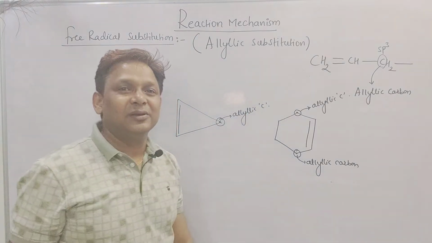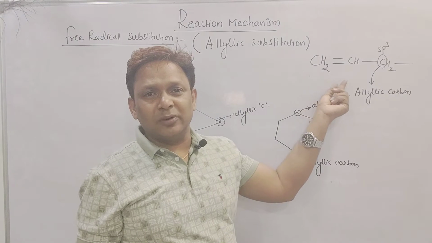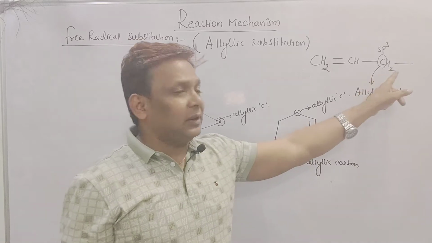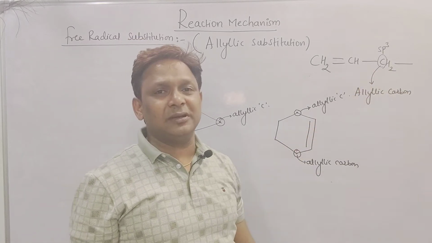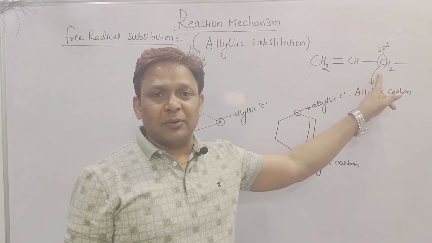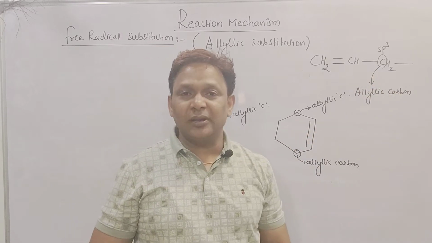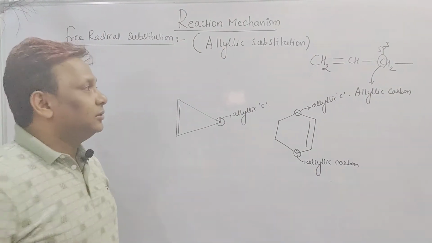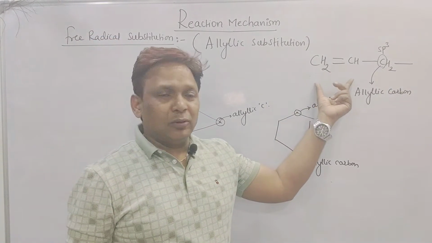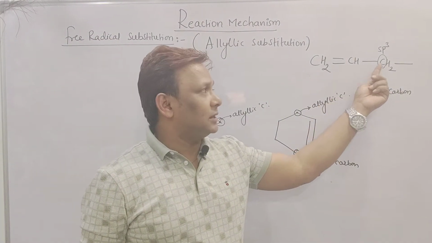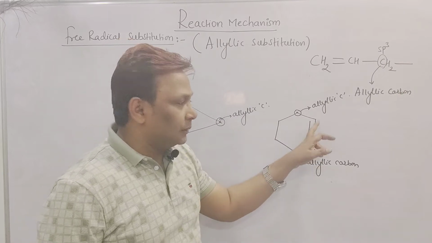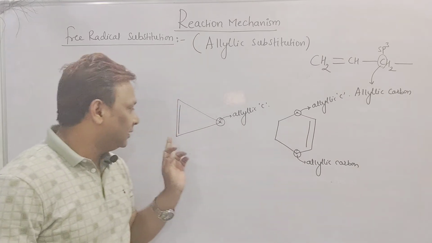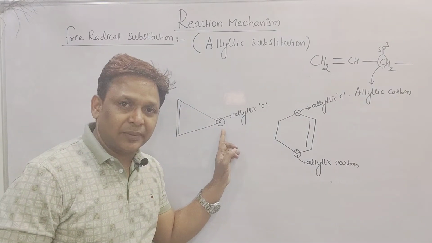an allylic carbon. So what is the allyl group, beta? CH2 double bond C bonded with a CH2 free bond. And did you see here, beta? This free bond is present over the sp3 hybridized carbon, so this sp3 hybridized carbon is called an allylic carbon. Did you understand, beta? Once again check it: what is an allylic carbon? This is an allyl group bonded with an sp3 hybridized carbon, called an allylic carbon. You can see carbon double bonded carbon, then an sp3 hybridized carbon: the allylic carbon.